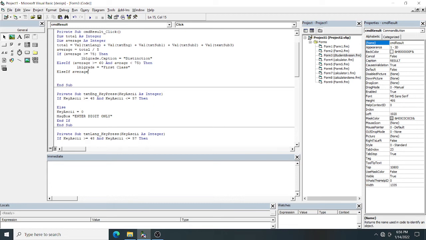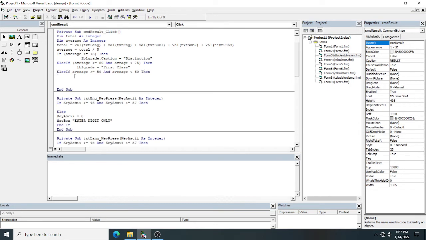If the average is greater than or equal to 50 and average is less than 60, that means which class, second class. So I'm typing LBL grade equal to second class.